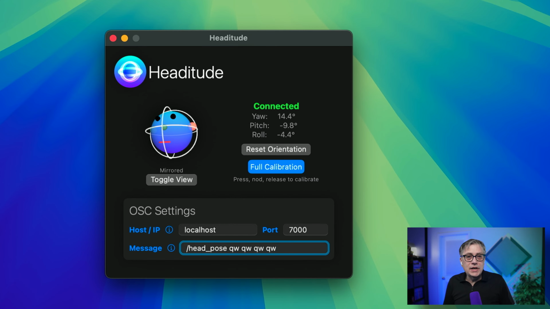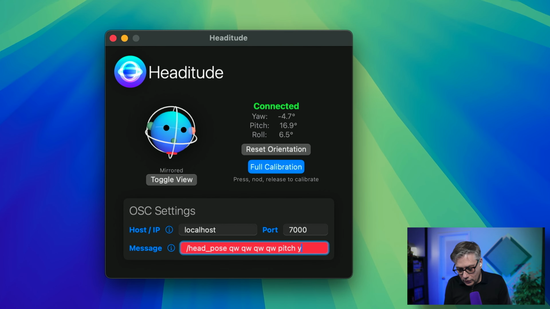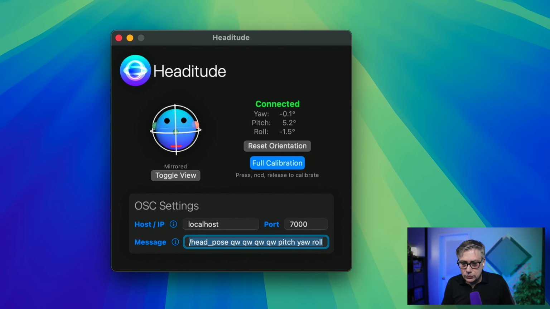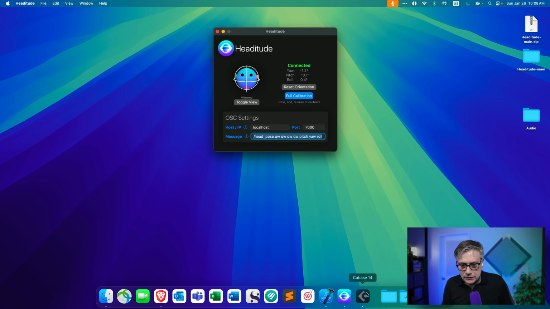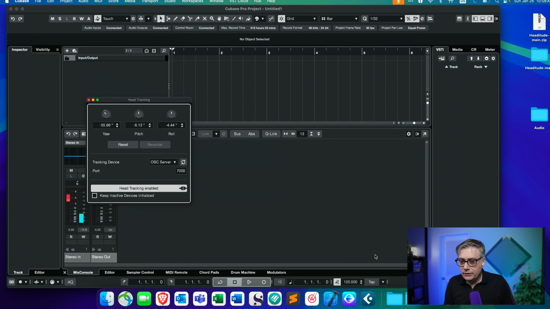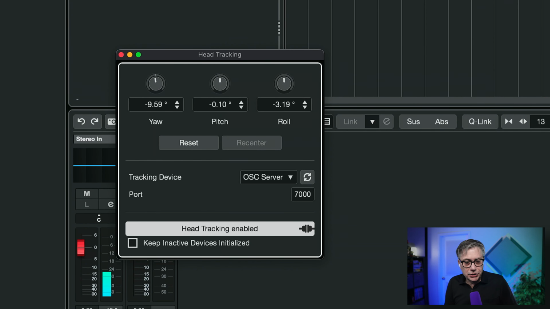And then I'm going to set yaw, pitch, and roll, and the way Cubase expects that is actually in a different order. It expects pitch first, and then yaw, and then roll. And once I do that, and I go back to Cubase, I should already see that things are moving. Now, once again, the orientation is incorrect. So for yaw, we actually need to choose the negative. Pitch is also negative, and roll, once again, is actually correct.